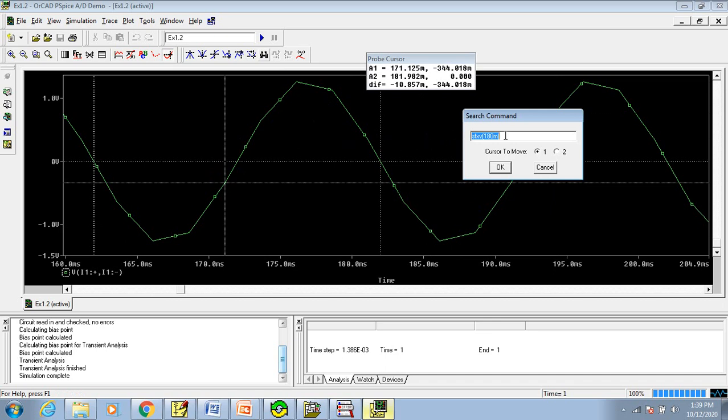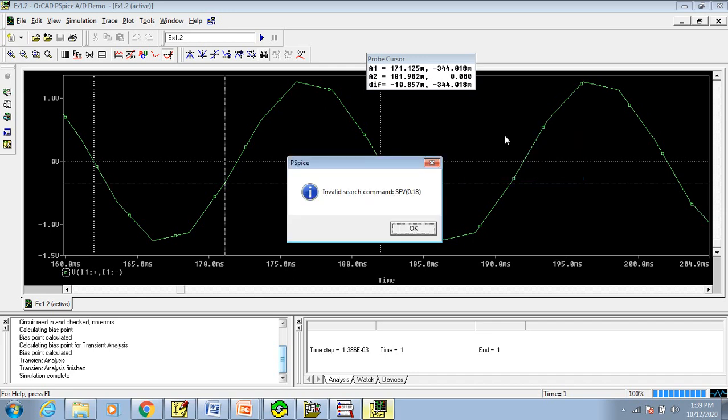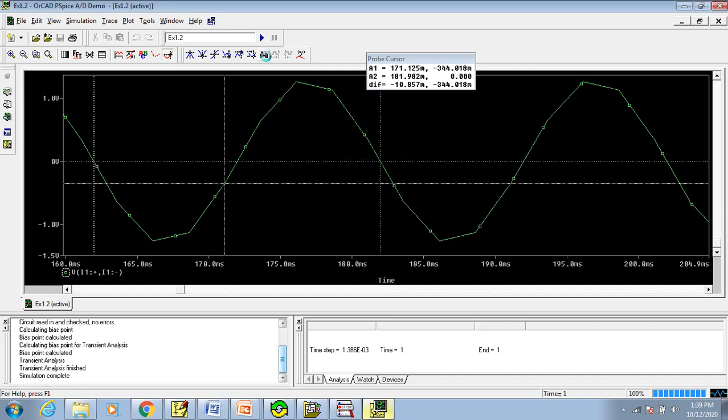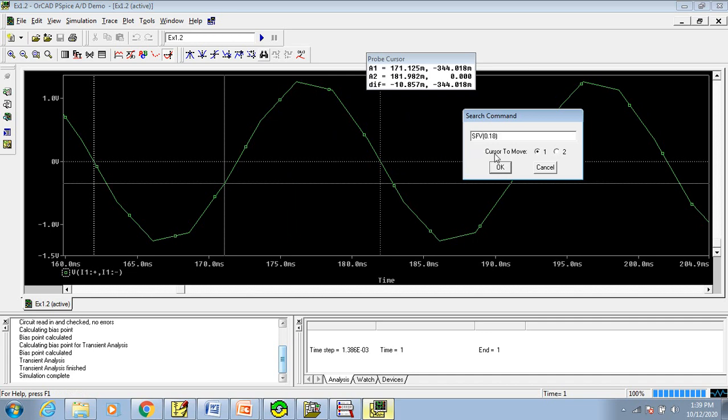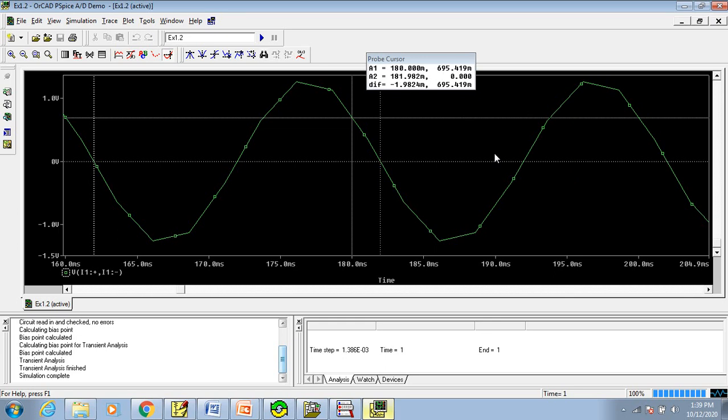You can type the code again in caps lock, SF-XV, anywhere around 0.18 and then enter. Just a moment. X I have missed. So let us type SF-XV and then yes.